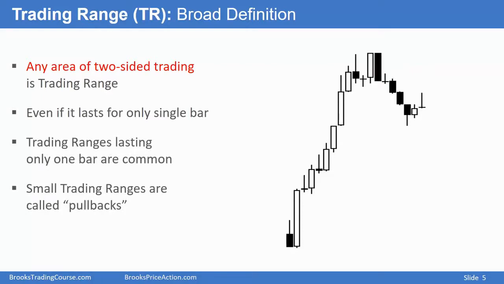It's common to see pauses in trends that last only one bar. For example, here, the market went up strongly and then it hesitated. On a smaller time frame chart, this is a trading range. For example, if this is a daily chart, on a 5-minute chart, this is probably a trading range day. It's a pullback on this chart, but it's a trading range on a smaller time frame chart. Remember, I think of every pullback as a small trading range, but a special type of trading range in which the trend is likely to continue.